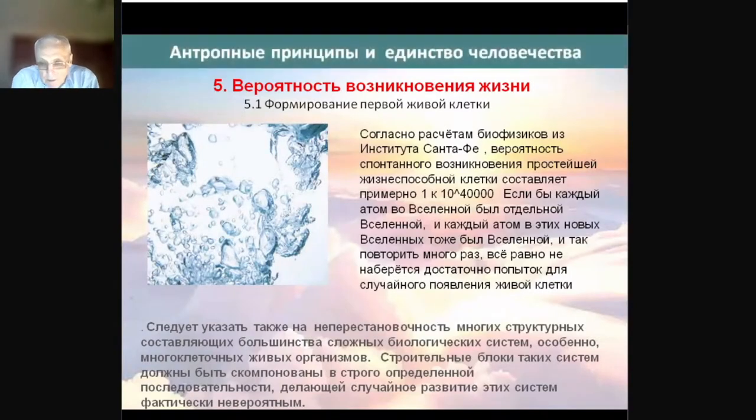All right, so this is the probability of the occurrence of life and the formation of the first living cell. There is a heated discussion about that in biological science. According to calculations by biophysicists from the Santa Fe Institute, the probability of spontaneous emergence of the simplest viable cell is about 1 to 40,000, if every atom in the universe were a separate universe, and every atom in this new universe was also a universe, and so on many times, and still